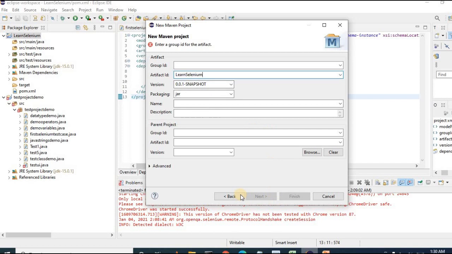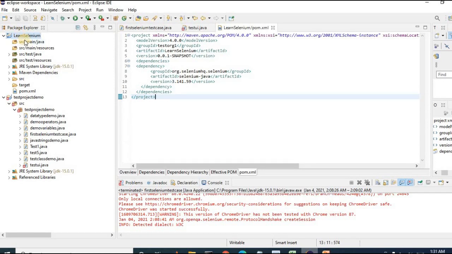Keep the version as is. The packaging should be jar, and now we need to click on the Finish button.